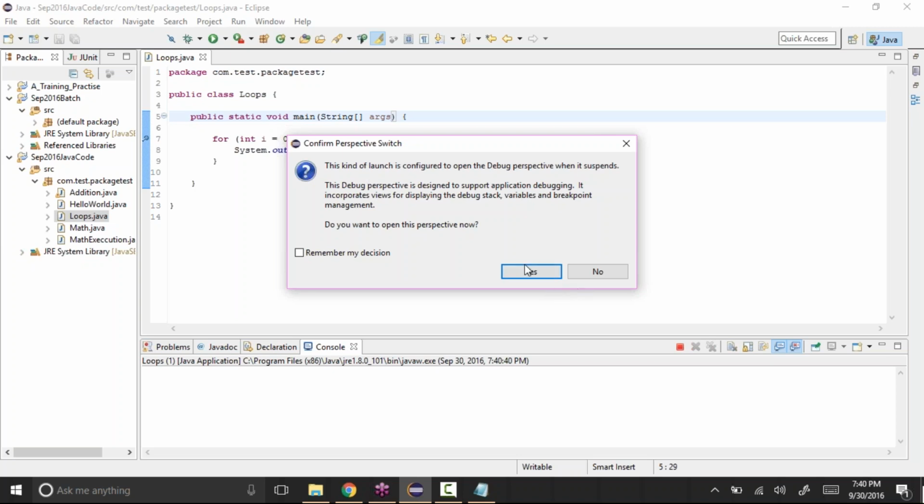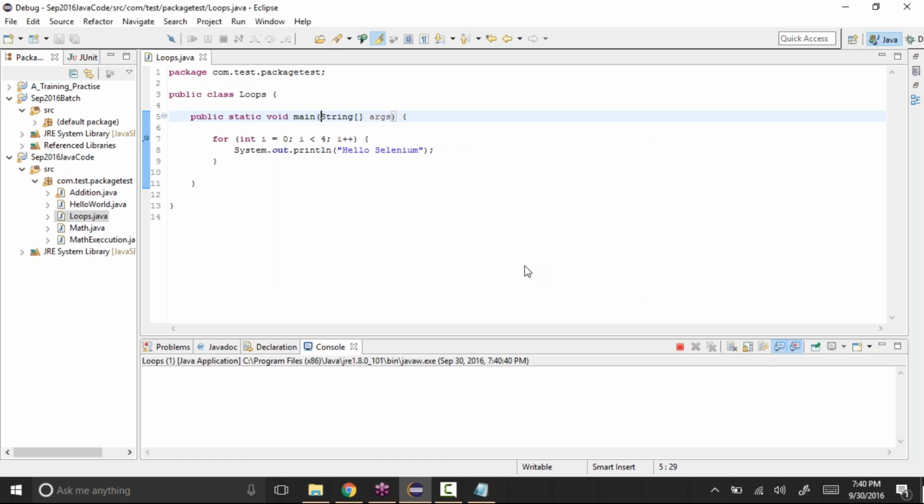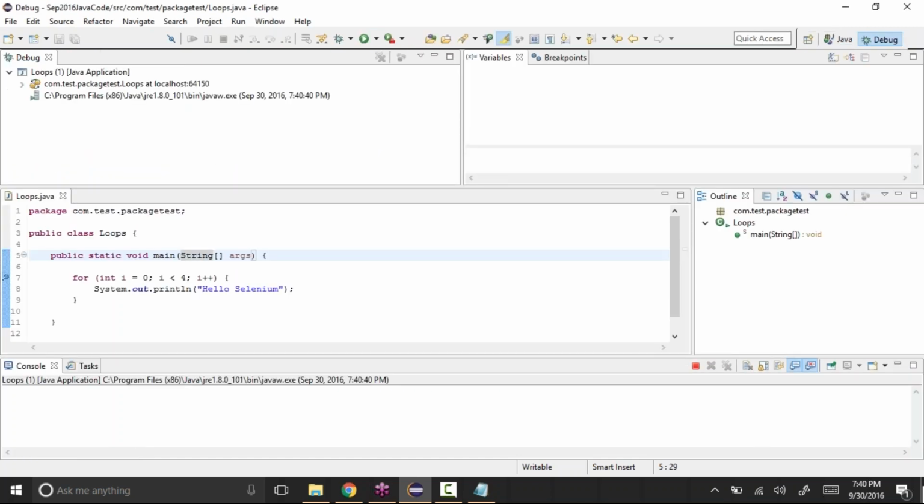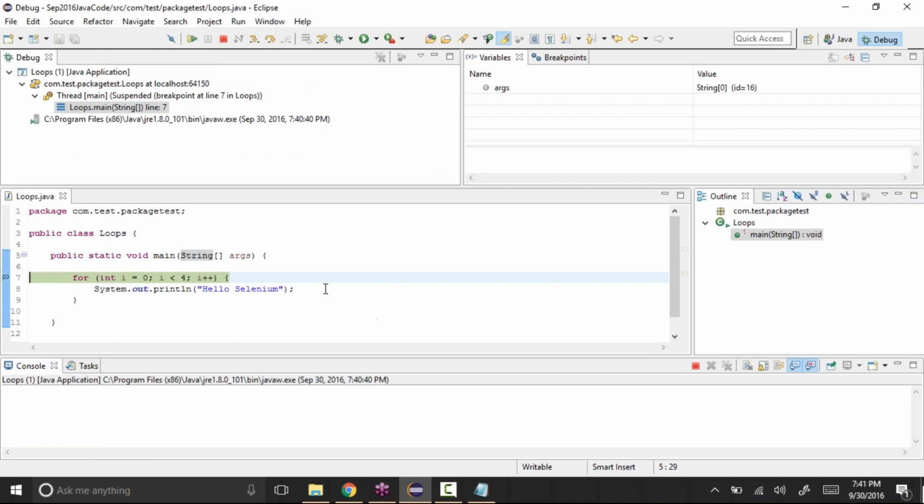Just say yes. It will change the look and feel of the Eclipse. And now the control came and paused here because we have a breakpoint at that location. So that's why the control paused there.